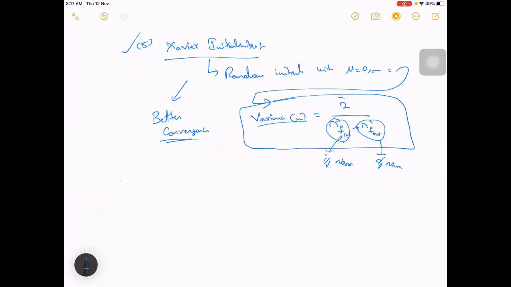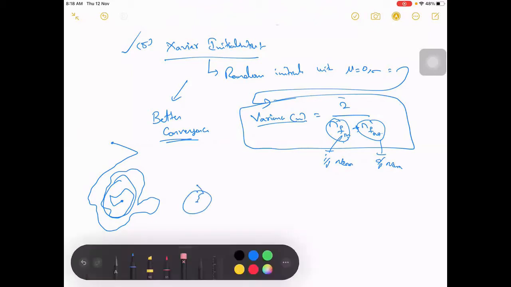In some cases what will happen is your convergence will go like this, like this, like this, so maybe it won't converge faster. So you may have something like this. Here it is not converging faster, but where you have a case where it is nearby, it is converging faster, so this may also happen.